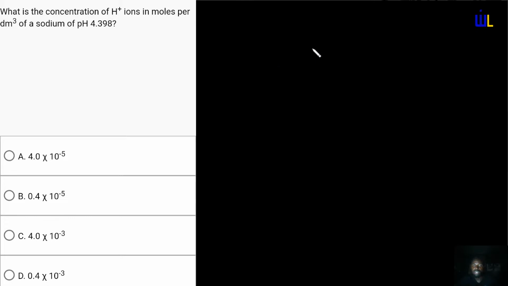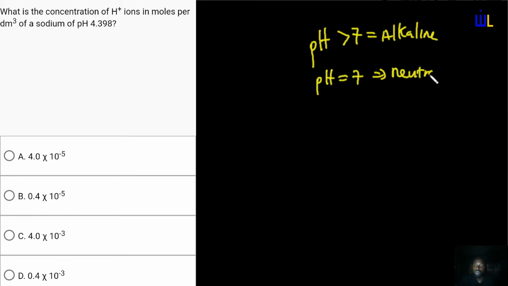Okay, so we said that pH values greater than 7 are alkaline, pH values equal to 7 are neutral, pH values less than 7 are acidic,